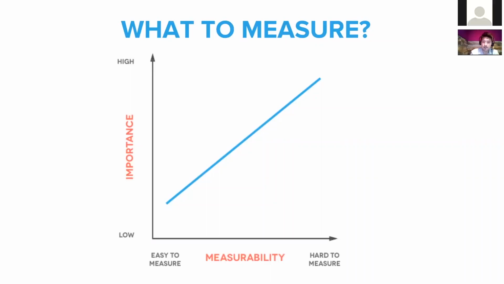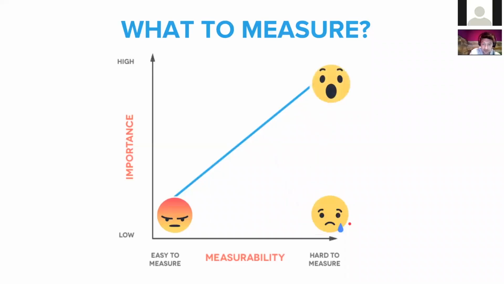This is Whole Whale's approach to saying, where do we plot things in terms of importance versus measurability? And you can see we have the easy to measure and the hard to measure, the high importance to the organization and the impact, those outcomes, and then the low importance. So when I'm down here, this is when we're looking at, okay, how many page views did we get? How many general users per month are we getting? I don't know if that's high value or low value. It's certainly easy to measure because it's the first initial page of metrics that I get when I log into Google Analytics.